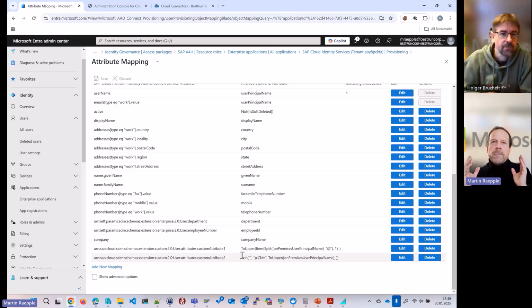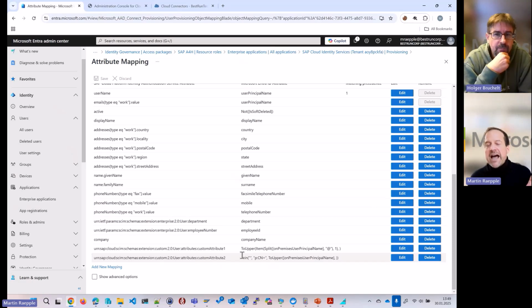But in those IDM migration scenarios, I would highly recommend implementing this identity logic at one place. You may also choose to do it in Cloud Identity Services, as there are definitely capabilities there to allow you to do so, but I decided to do it here in Entra.